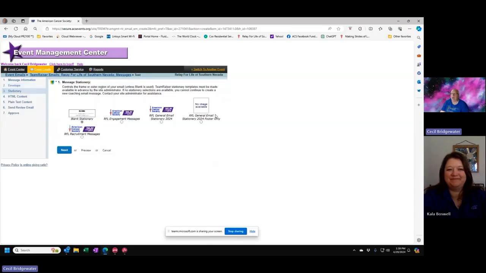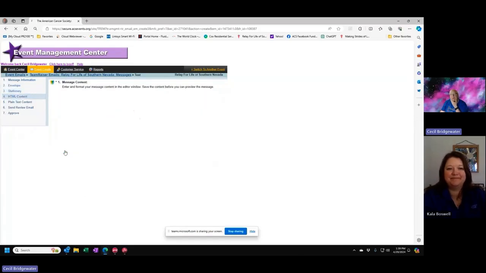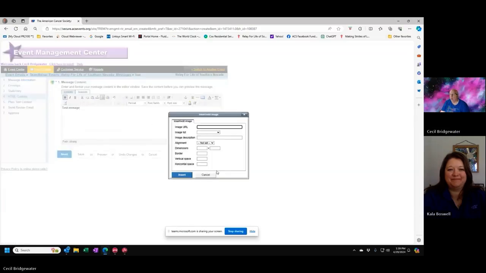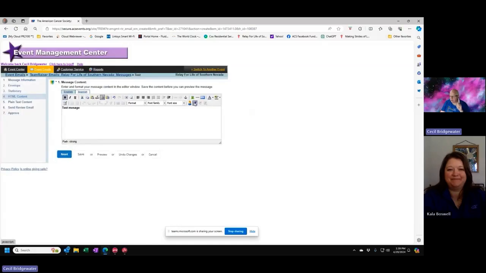And then you select the appropriate type of email. We typically would use the engagement unless we're sending things out to somebody else. And then you type in your email here. It's a very common thing where you can do test message. You can bold all of this. It's all easy to adjust. You can add pictures. The one thing that's not told here, and it's kind of covered in here,